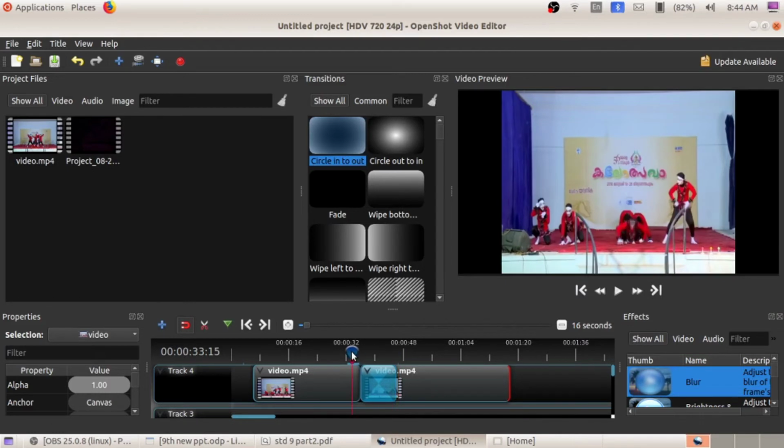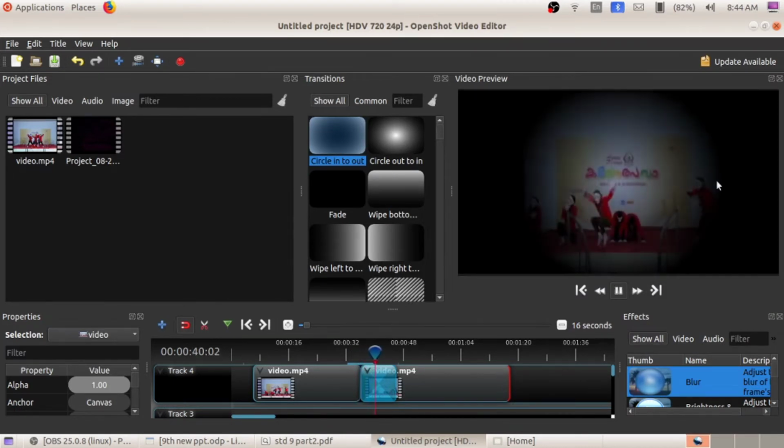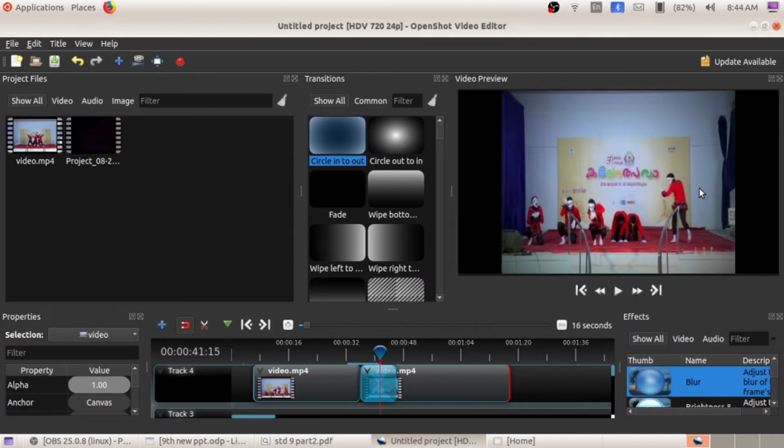Now I am going to play this video. See the transition, circle into out is the transition here. So while applying a transition, always place the transition in between the clips and then place the video above that transition. Only then will this transition work.